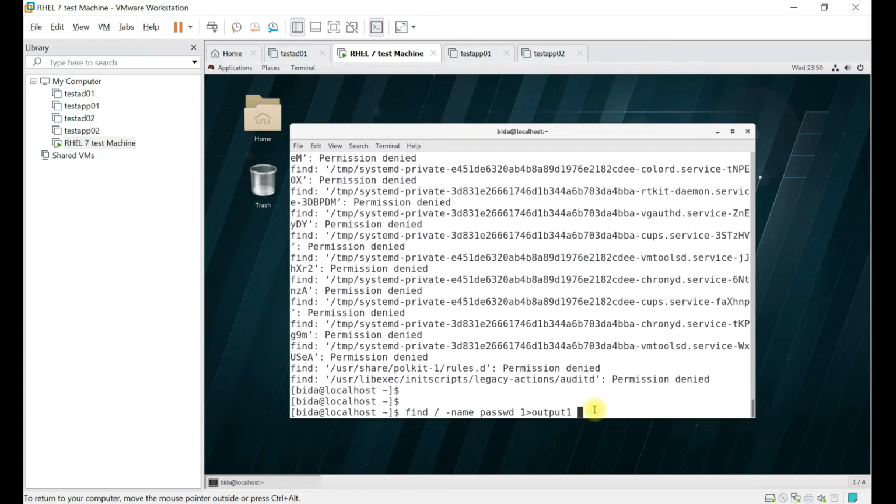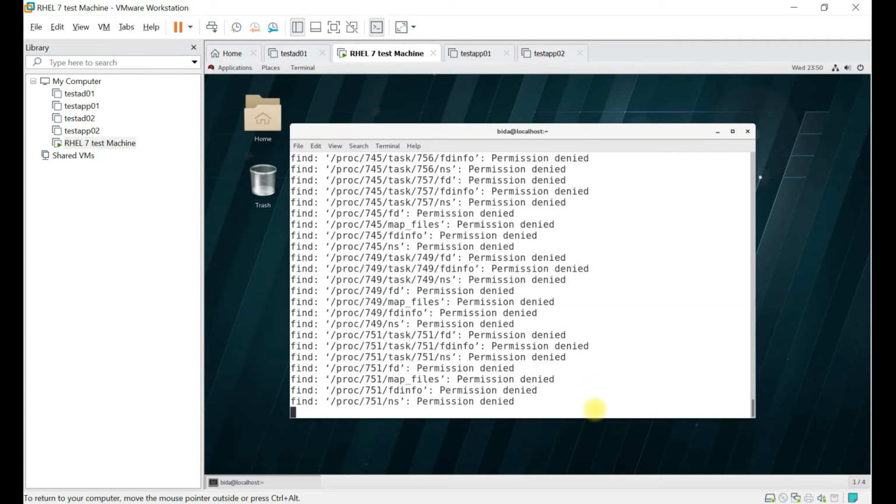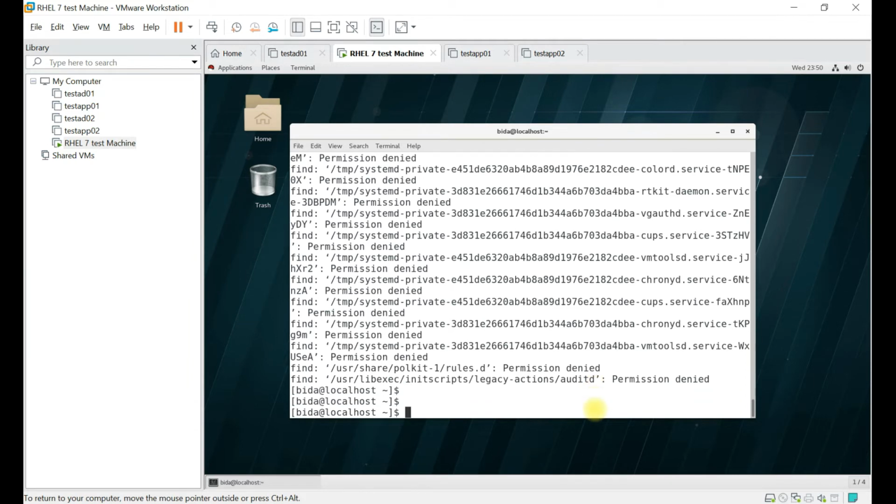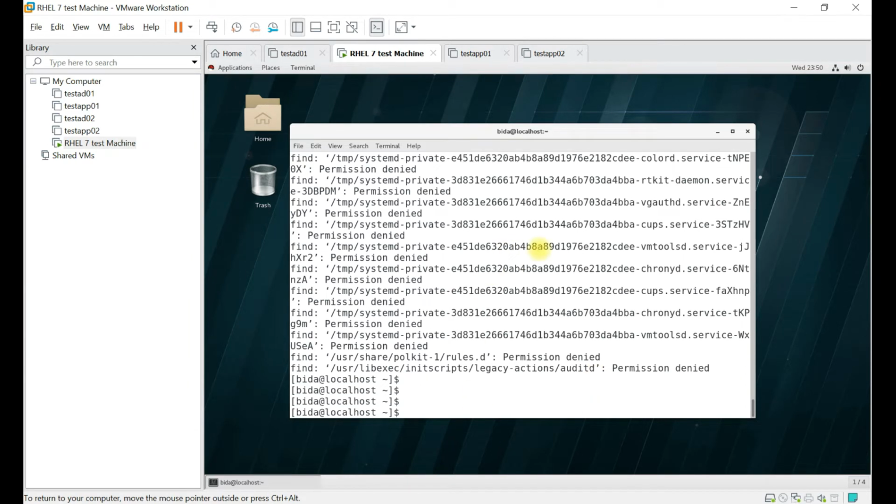So let's run this command. See, it's showing all errors. All errors will come on the display. And for example, if I do 2 greater than, output error file,